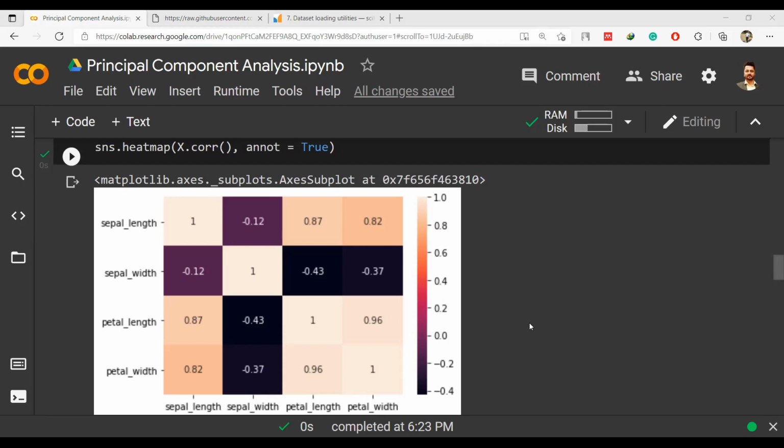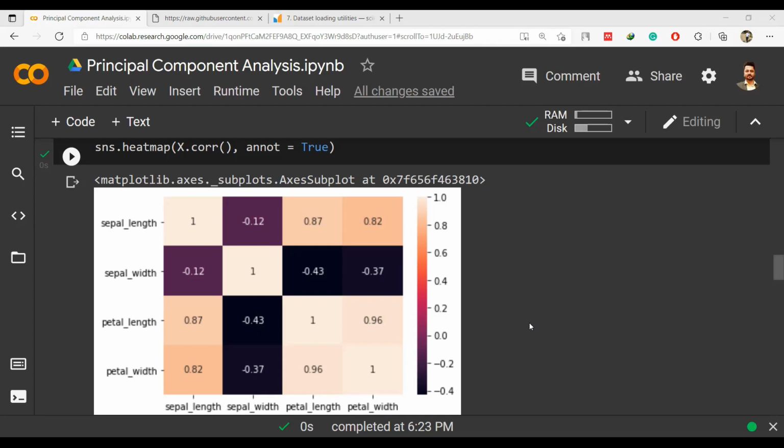I told you in the class also. Higher the number means it may be higher on the negative end, maybe minus 0.8, minus 0.9, minus 0.95, or maybe on the positive end, plus 0.8, plus 0.9, plus 0.95, maybe plus 0.99, something like that. So all of these numbers mean that they have a high correlation. Now clearly sepal length and petal length has 87% similarity between them, right? And even this 82% is high according to me. 0.96 is very high. Petal length and petal width has a correlation of 0.96.